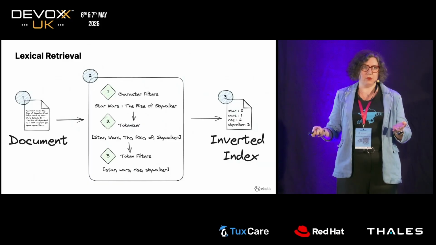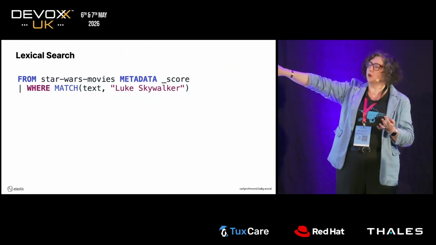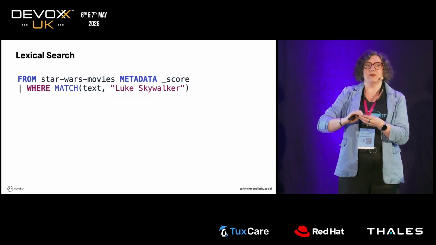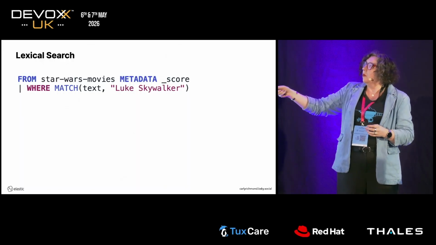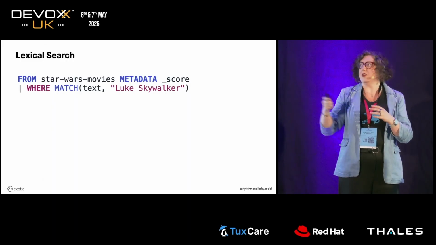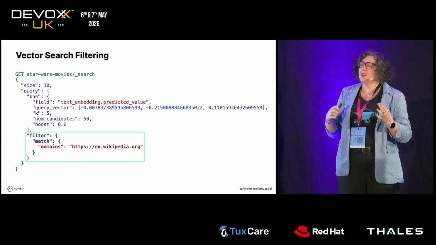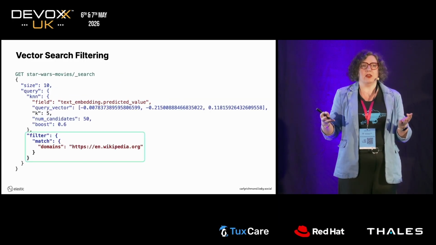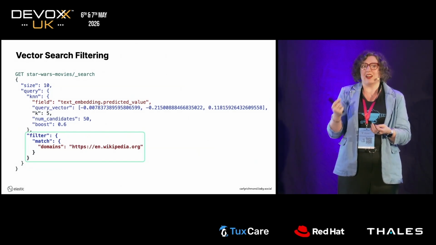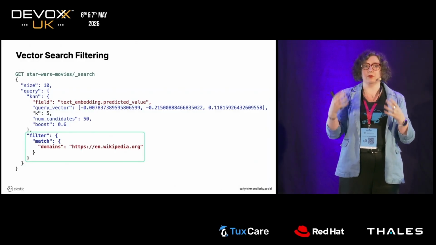Really simple and straightforward. When we perform the query, which will utilize a particular matching algorithm, BM25 is the one used by Elasticsearch and Lucene, we'll match based on the extracted tokens to calculate a score and return the relevant documents that match this query. Really simple and straightforward. Now, people keep telling me, oh, but you don't need lexical anymore. We just use vector for everything because it gets semantics right. Wrong. If you're looking for exact matches, if you're looking for Millennium Falcon, that's an exact term. Lexical is probably going to perform better.